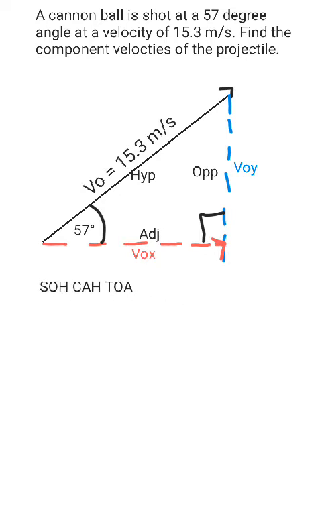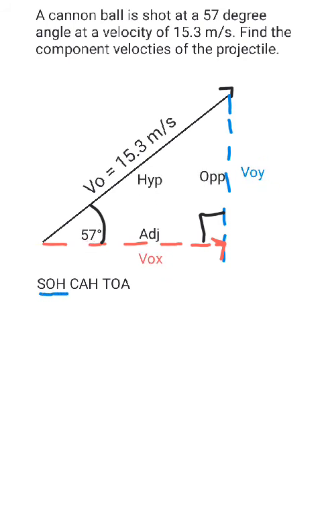SOHCAHTOA. Alright. Now, what does SOHCAHTOA stand for? Well, SOHCAHTOA means very simple. Right here it says SO means that the sine of the opposite, right? The opposite leg divided by the hypotenuse is equal to the sine of the angle, which in this case is